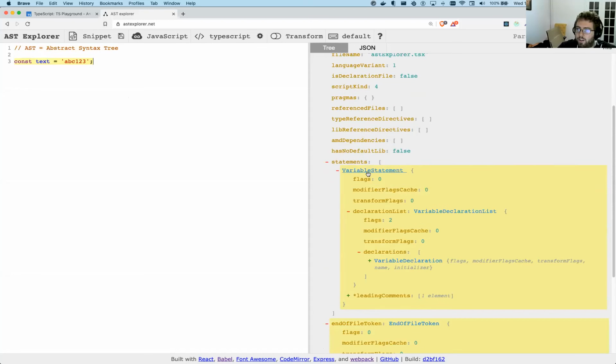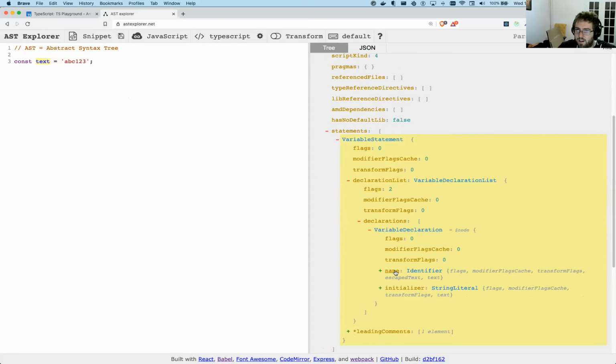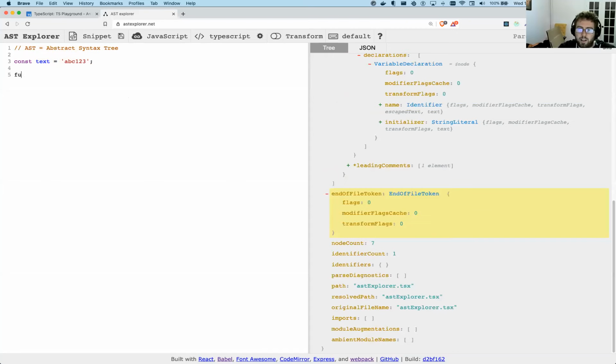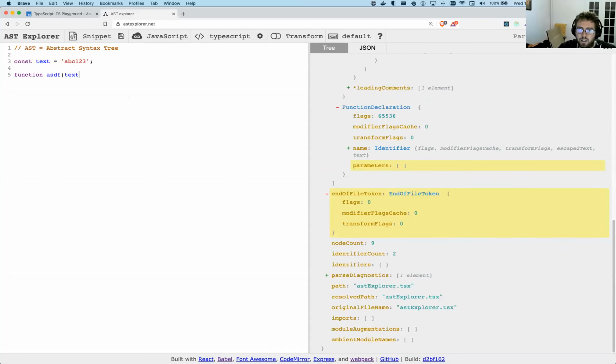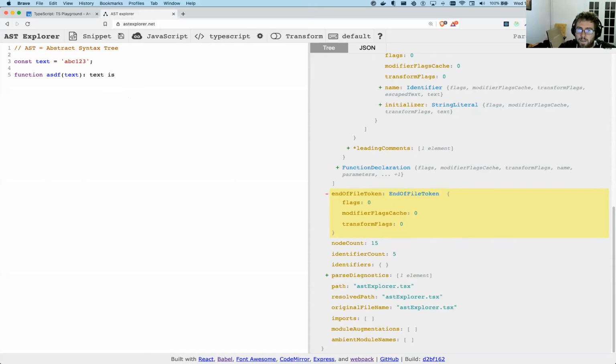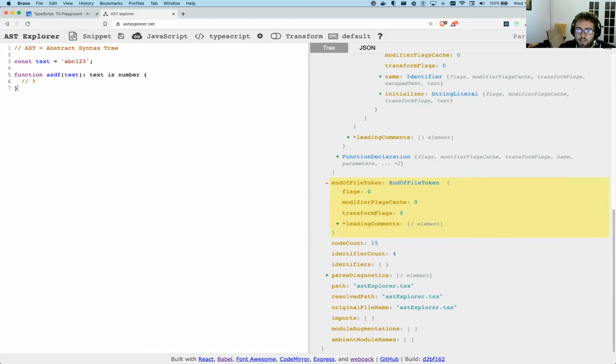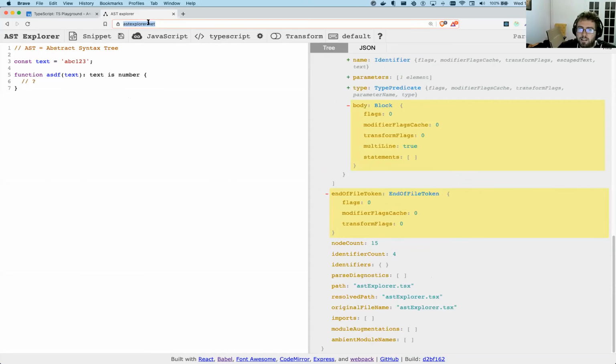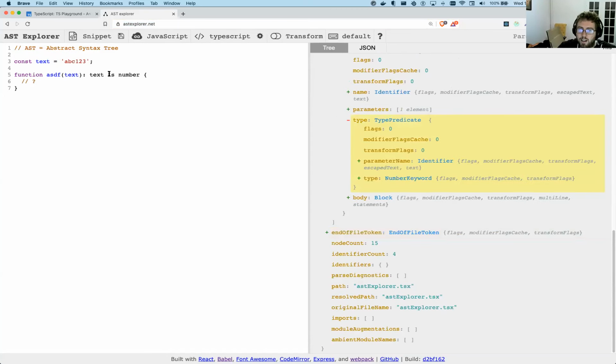In here we have a variable statement, which contains a list of variables of size 1, one declaration, which has a name and an initializer. So if you ever see some piece of TypeScript code that you're not familiar with, let's say you see some function, and you're like, what on earth does that mean? I have no idea what that does. You can go to this site, astexplorer.net, click on the place and see that,